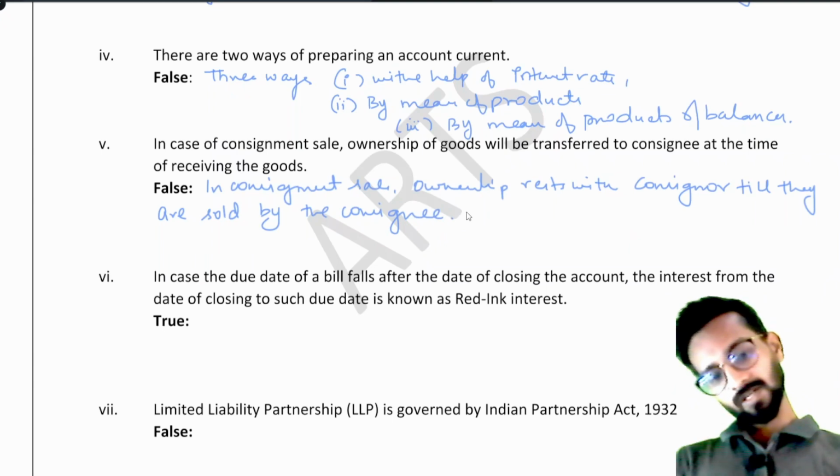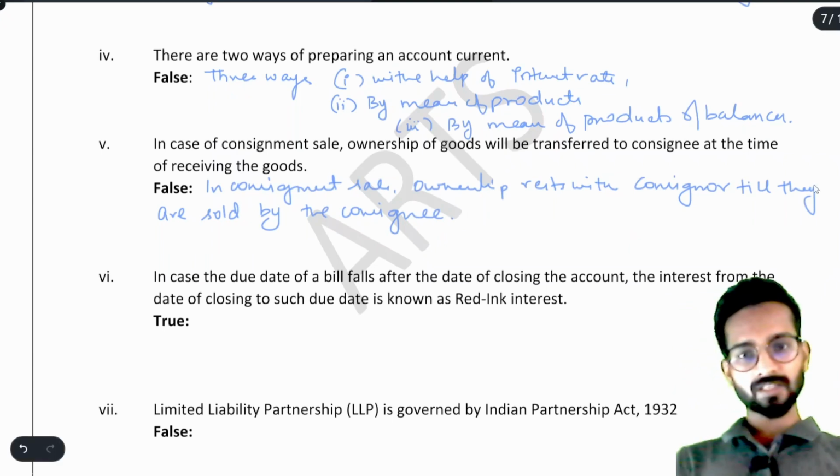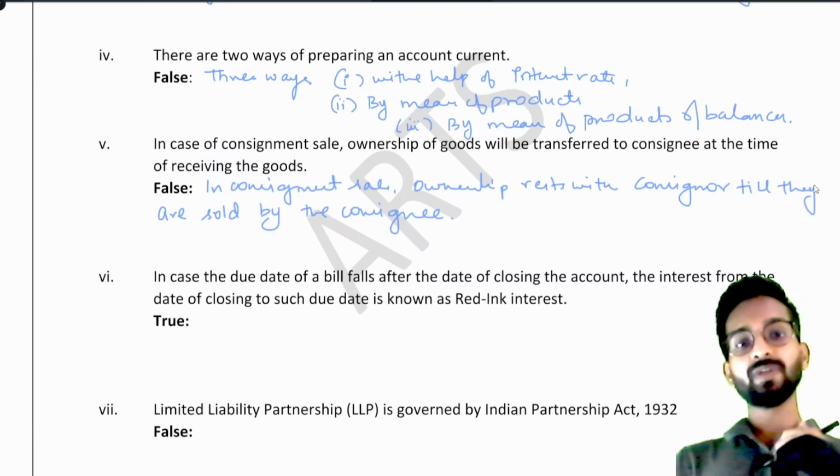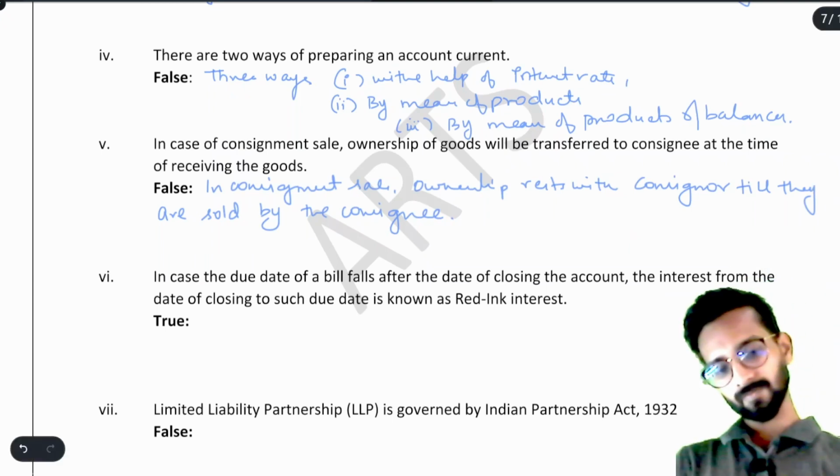याद रखो, कंसाइनी कभी भी ओनर बनता ही नहीं गुड्स का. कंसाइनी हमेशा एजेंट रहता है कंसाइनर का. ठीक है, क्यों? ओनरशिप तो कंसाइनर के पास ही रहेगी. अगर गुड्स बिक जाते हैं देन ओनरशिप विल बी डायरेक्टली ट्रांसफर टू द थर्ड पार्टी. सो कंसाइनी इज जस्ट एन एजेंट. ओके,